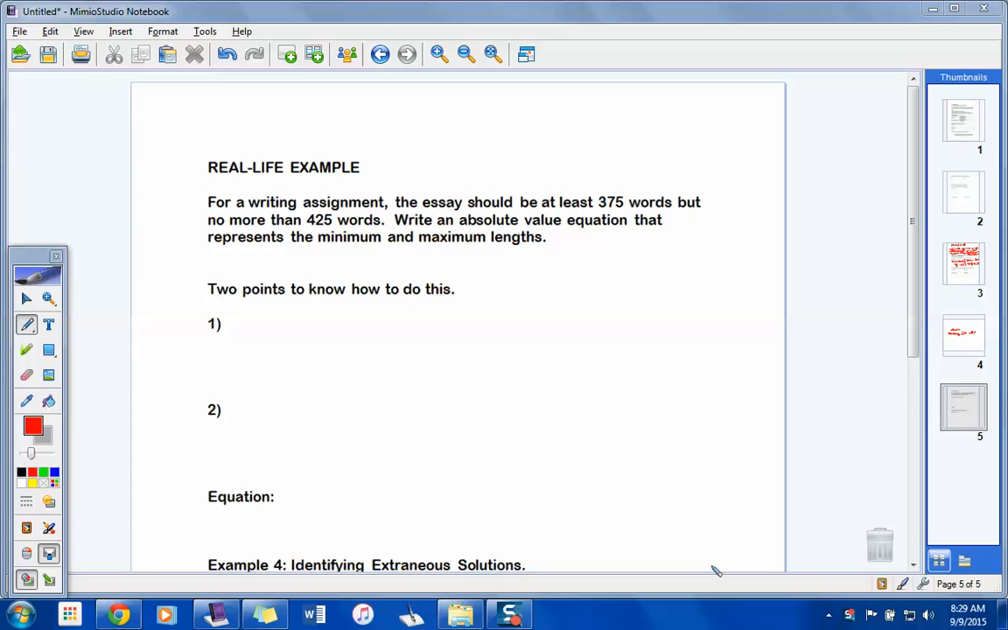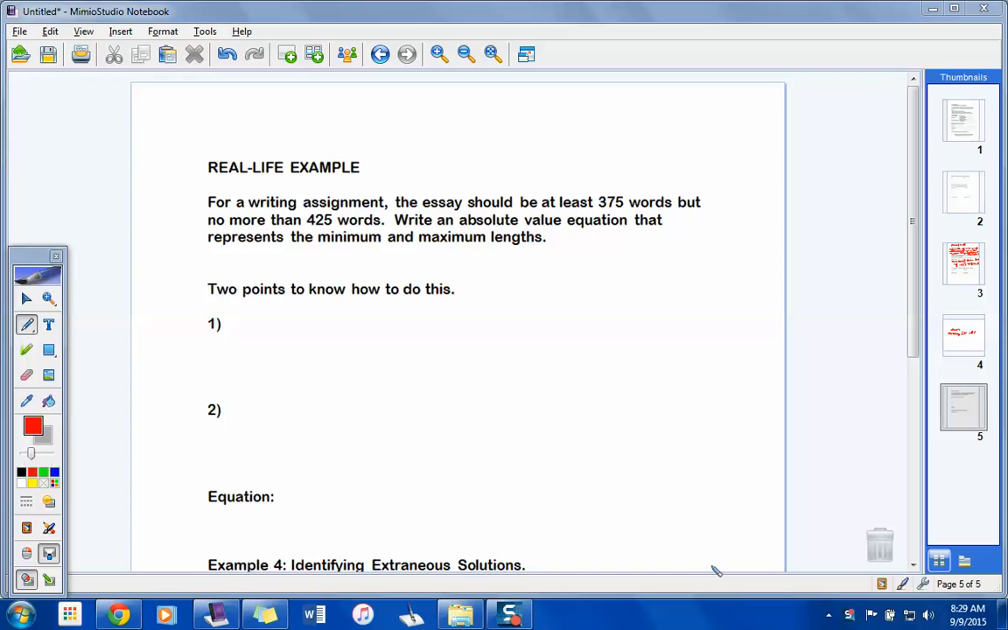Example right there after you read it. It says the essay should be at least how many words? 375, but the most you can have is 425, okay? And then we're looking at writing an absolute value equation that would represent the minimum and maximum lengths